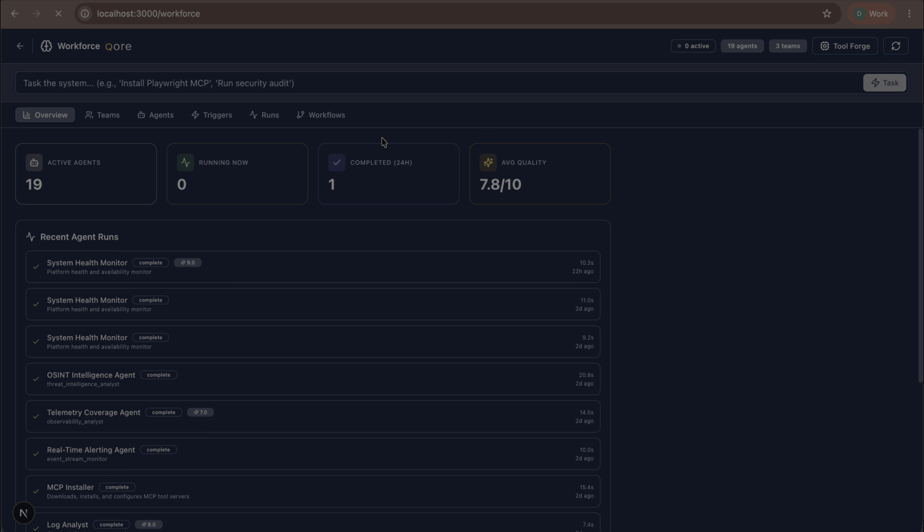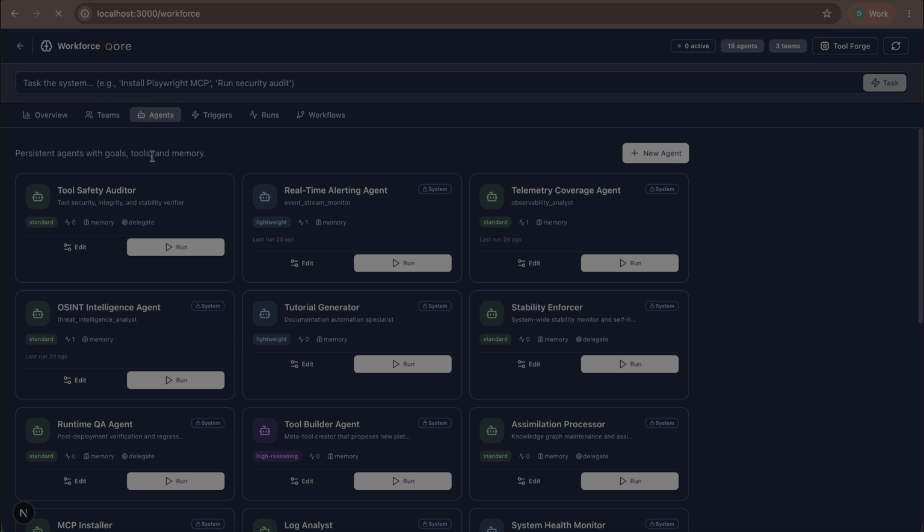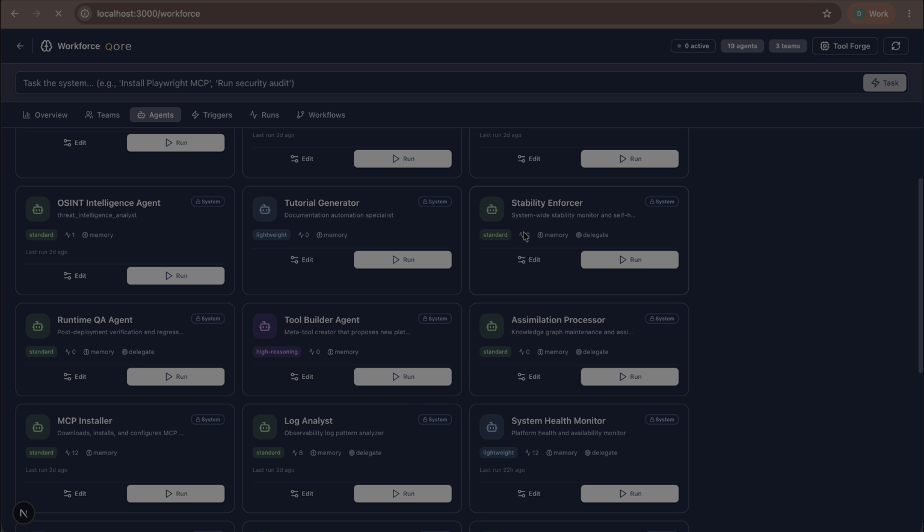One is our agentic workforce. Our agentic workforce comes pre-installed with 19 agents, operates in 3 basic teams that deal with the underpinnings of the Qore platform that do things like self-healing. There's a tool safety auditor, real-time alerting, telemetry coverage agents, open source intelligence agents if you have the forensics modification. Tutorial generators, stability enforcers for self-healing and system-wide stability monitoring, runtime quality assurance agents, a tool builder agent that can